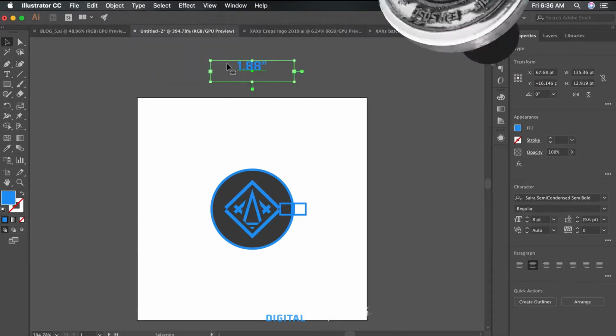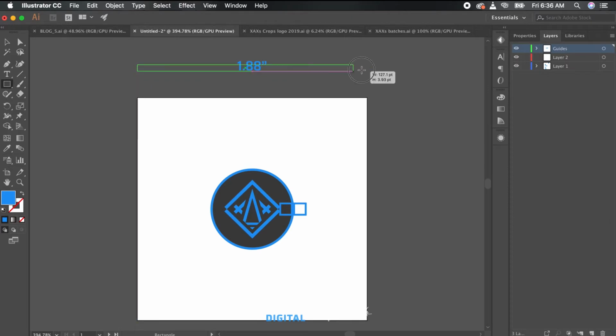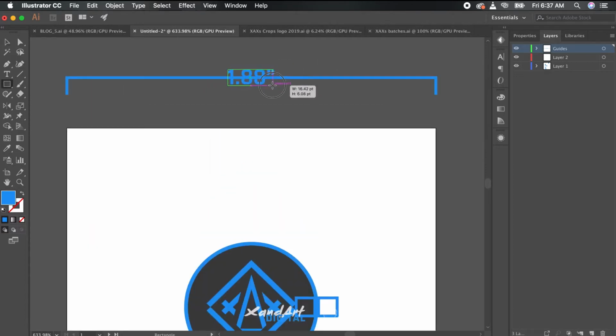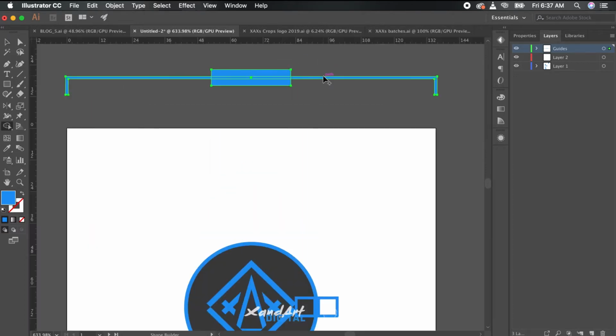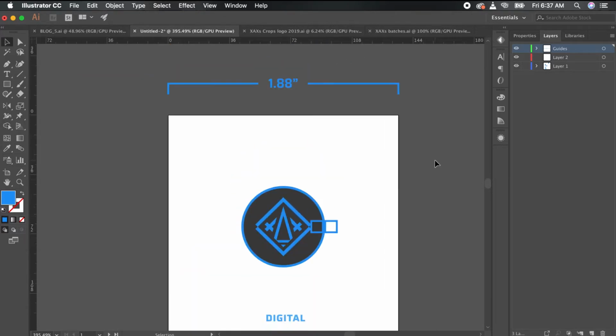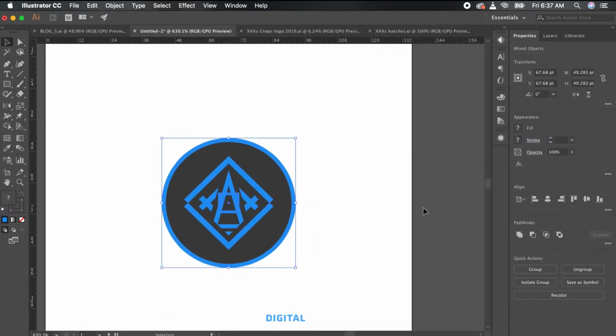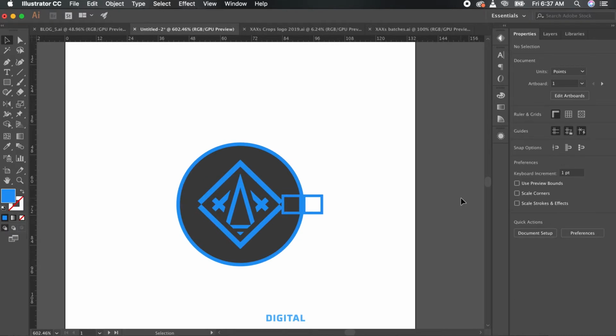There are some standard sizes for stamps. In case of a circular stamp, it's 1.88 inches in diameter. That's what we'll be going with because you don't absolutely have to follow the standard sizes, but following them will give you easier and more options when it comes to printing the stamp. So let's begin.